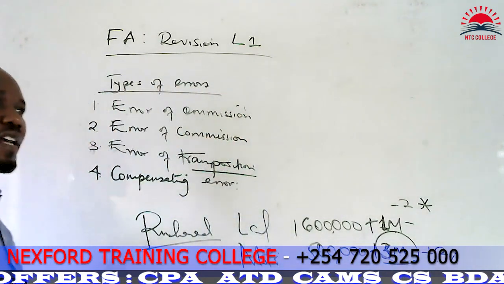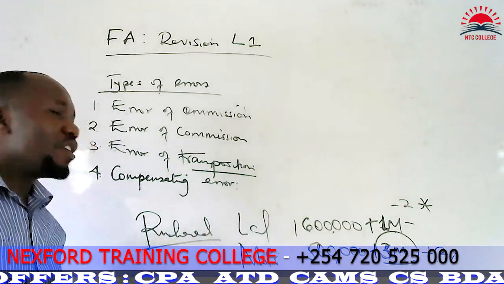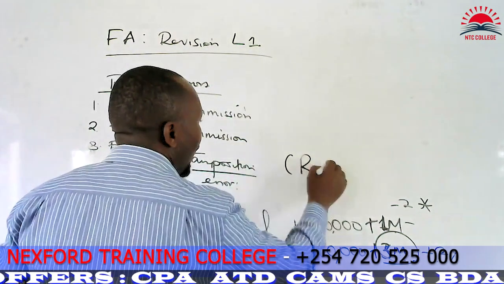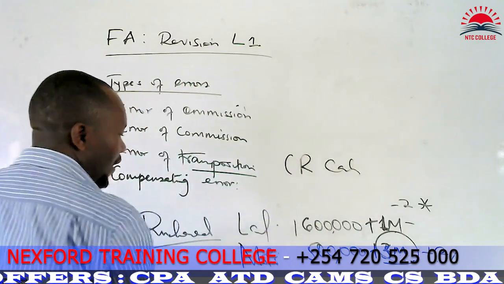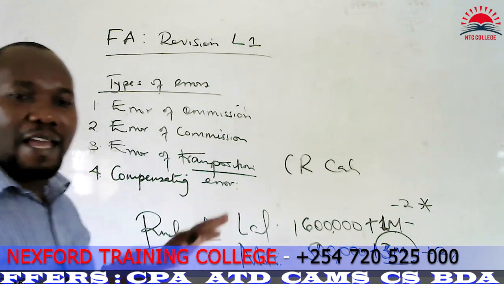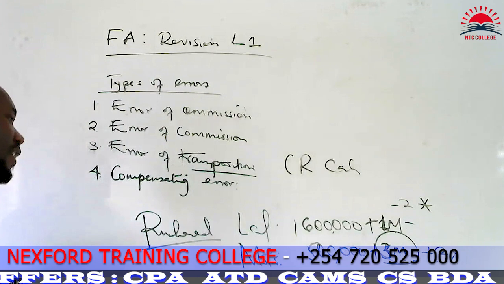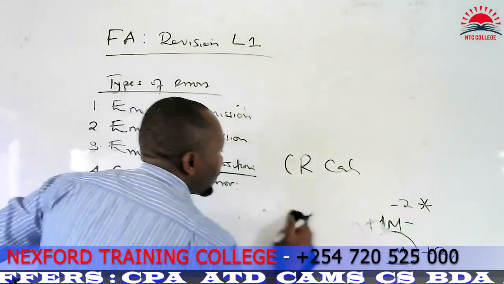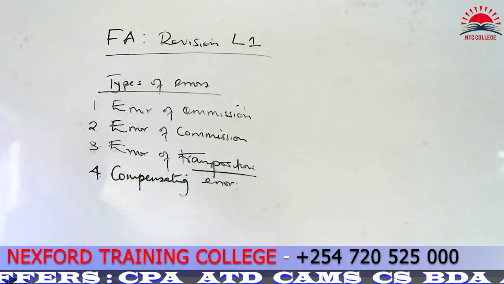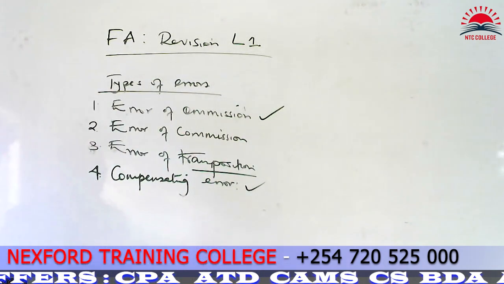This kind of error you do not realize on the trial balance because of the contra entry for both of them, as you debit this, you are crediting cash book. You go to cash book and credit cash book against land, and again cash book against land. At the end of the day, the trial balance will balance, but there are errors that exist. They compensate each other. Therefore, we call it compensating error. It will not affect the trial balance. The next error